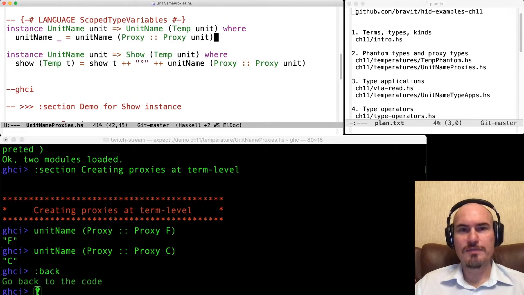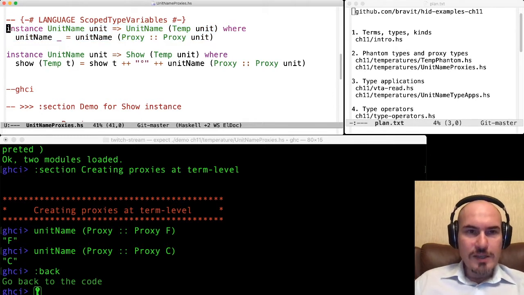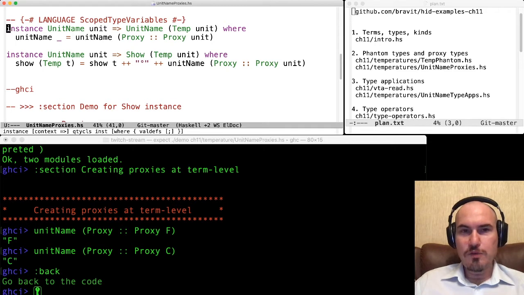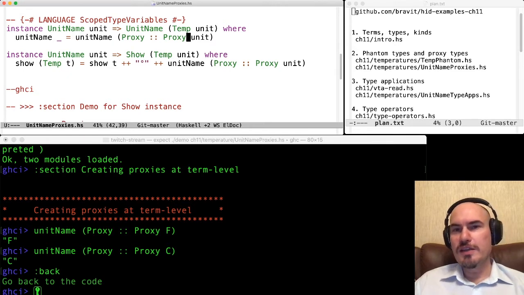So look here at this instance. This instance for unit name for the given temperature. So now we have temperature as an argument to this type. And we refer to another instance with proxy.